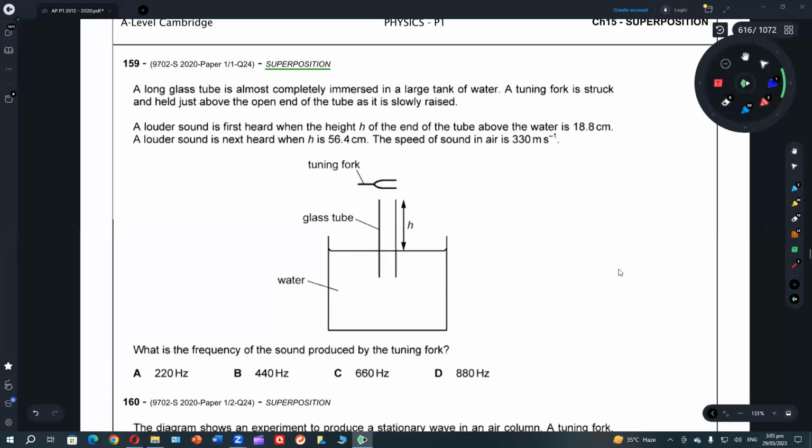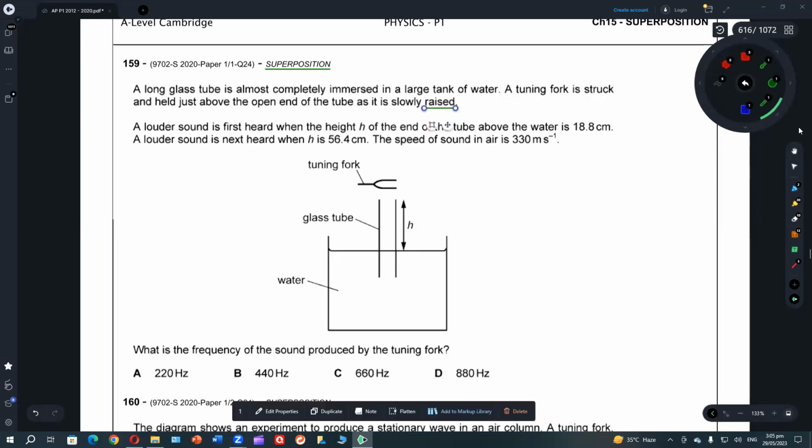Let's start this. A long glass tube is almost completely immersed in a glass tank of water. A tuning fork is struck and held just above the open end of the tube and is slowly raised. This is a very important point. Slowly raised means that they are moving the